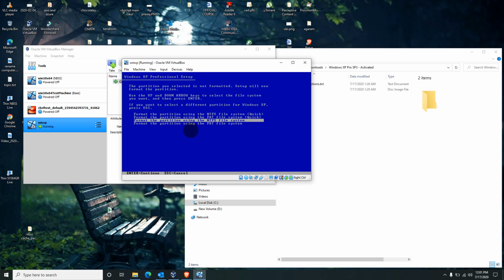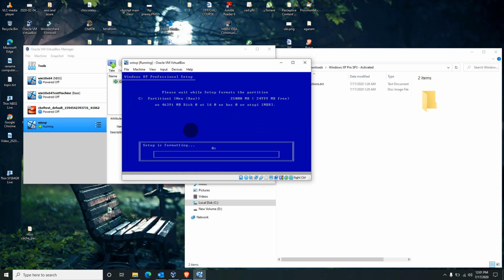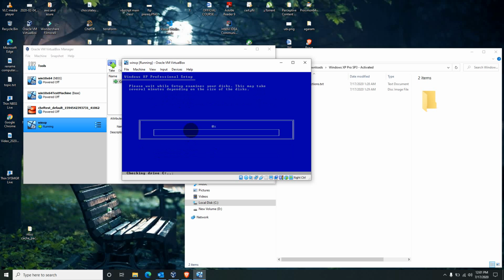You see here NTFS and FAT are there. FAT is the old format. You can select NTFS and it tries to format that hard disk again. So let's do it quick. NTFS quick. I am using an SSD hard disk, so it will be a bit faster compared to your hard disk. Now the partitioning is completed and it is checking the state of the C drive and copying all the setup files to the C drive now.